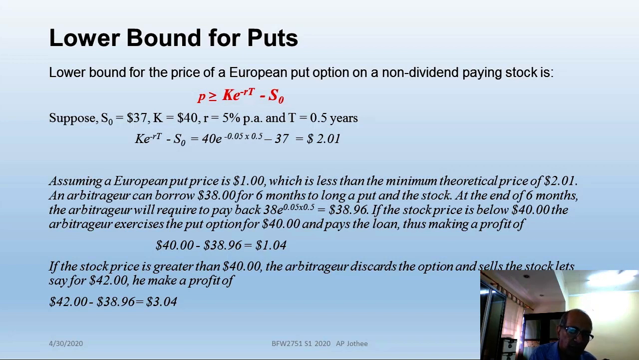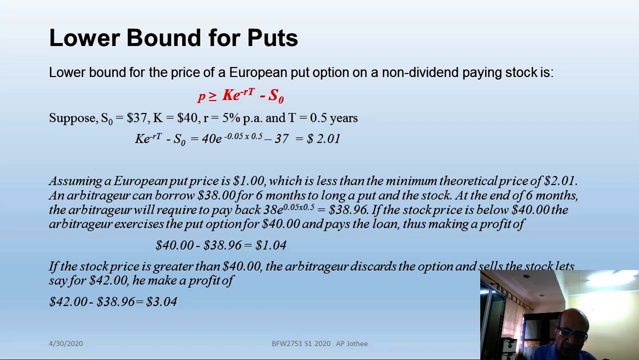Assuming that the European put option price becomes $1, oh my God, which is less than the minimum theoretical price of $2.01. An arbitrager can borrow $38. Why? Because $37 is the price of the share plus $1 for the premium for 6 months to long a put and the stock. He buys the stock as well as he buys the put. At the end of 6 months, the arbitrager will be required to pay back the $38 by compounding it at the interest rate, which becomes